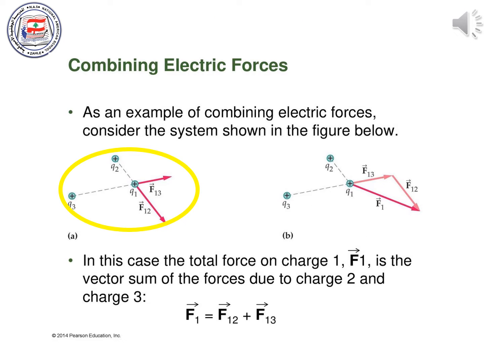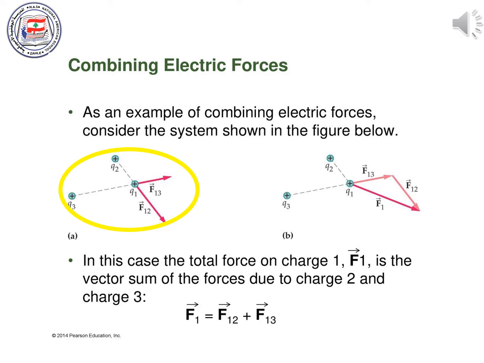As an example of combining electric forces, consider the system shown in the figure below. Please concentrate on the yellow circle. We have three charges, Q1, Q2, and Q3. If we need to find the total electric force acting on Q1, we must know that two forces act on Q1. An electric force exerted from Q2 on Q1, and it is a repulsive electric force because Q2 and Q1 have the same charge. And also we have the electric force exerted by Q3 on Q1, and it is also a